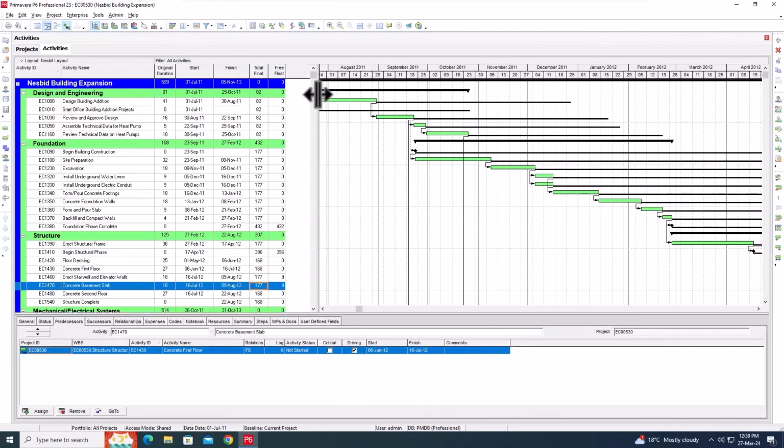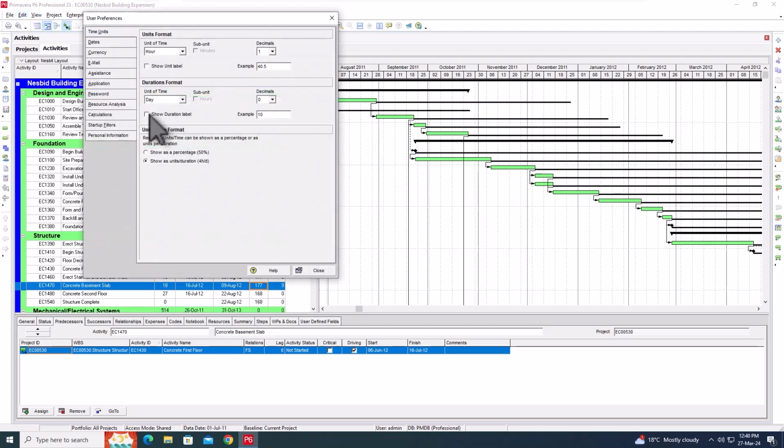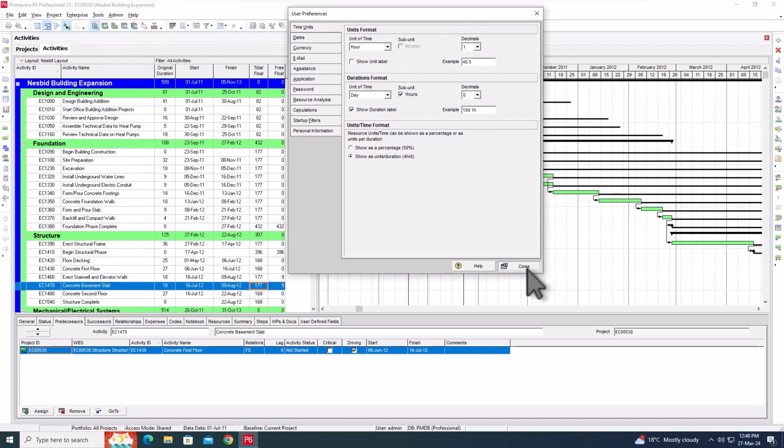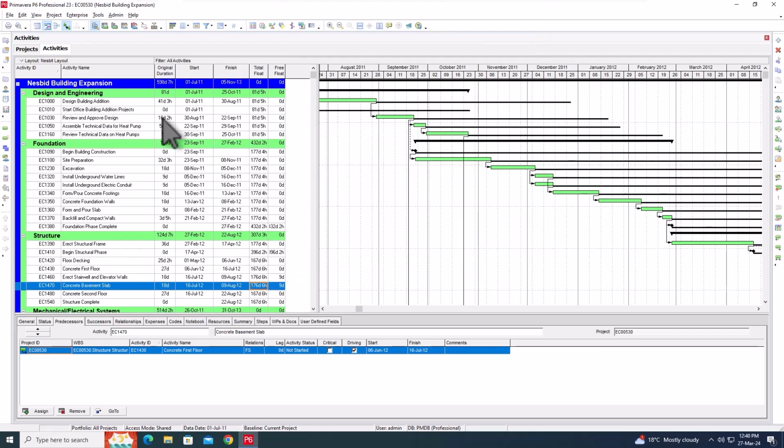So if I have a look at the total free float or duration format here, what you'll see is that I don't know whether it's hours or days, and I don't know whether these are round hours or round days. If I look at the bar here, it's fairly obvious that it's 32 days long. If I select Edit User Preferences and I go to Time Units and I show the duration label and the subunit, and this is my recommended setting, then what happens if I close is I can see that this is